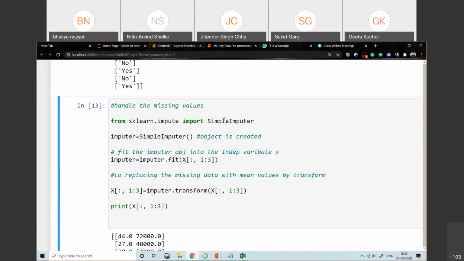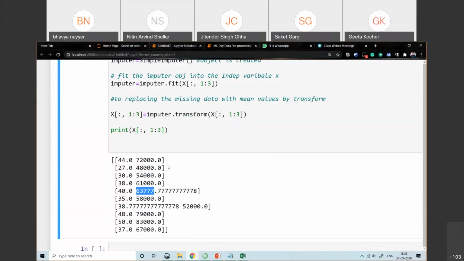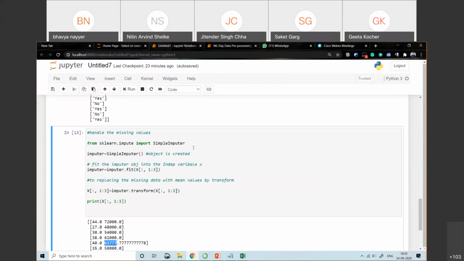Through simple imputer, I have replaced all the null values with the mean value. Once again I will explain. From sklearn.impute, we import the SimpleImputer class. Then we created the object.